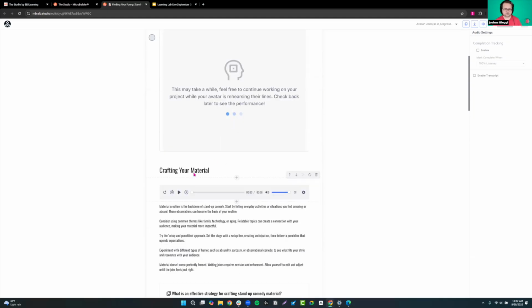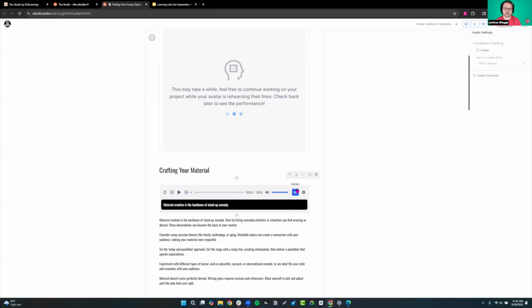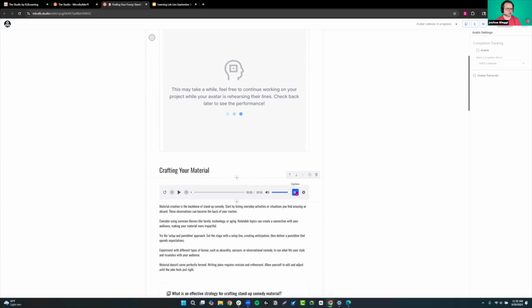So we still have that generating for us, but we have our little audio clip material here. This will play and pause as you scroll. It will pause as you scroll it out of view when you are actually going through the module here. And you'll notice that there are closed captions there for you too. You can even enable a transcript there if you'd like, but I personally prefer the option for the closed caption,